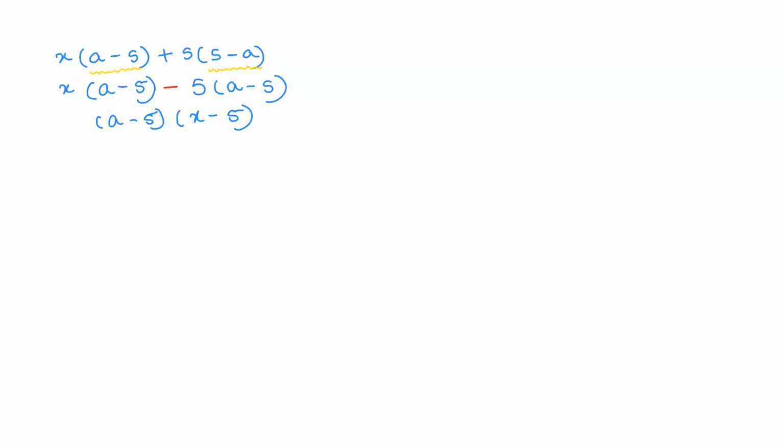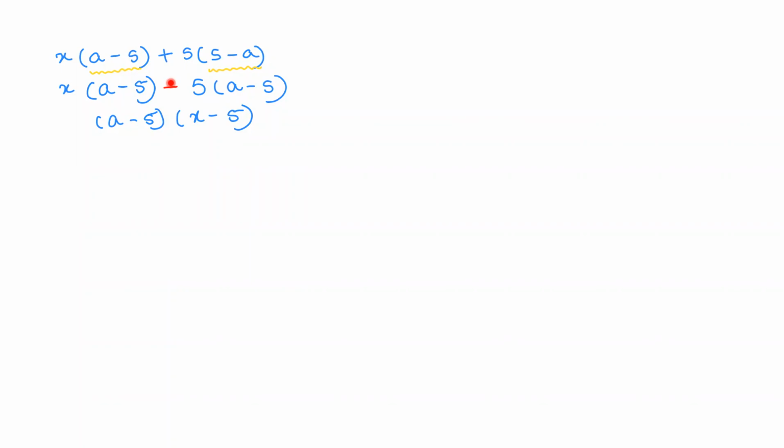Okay, some of the students want this to be repeated again. Listen, all of you, those who want this repeated. a minus 5 and 5 minus a are not one and the same thing. So here we have a minus 5. Now we have to swap 5 minus a and make it a minus 5. When the connecting sign is minus and you have to swap the terms, you can do that, but as a result, you have to change the connecting sign. You have to reverse it. The plus becomes minus.